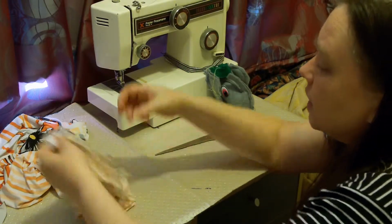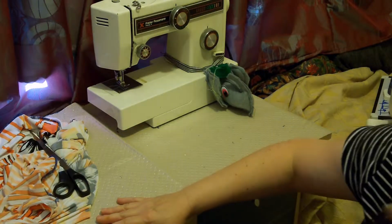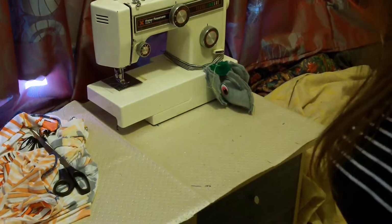Alright, so that's what I'm going to do next. I'm just going to get everything set up and get the waistband finished, and I'll probably do one ankle and then come back and do...